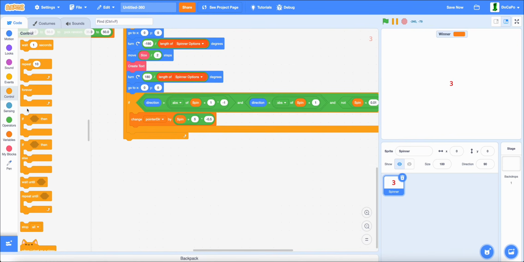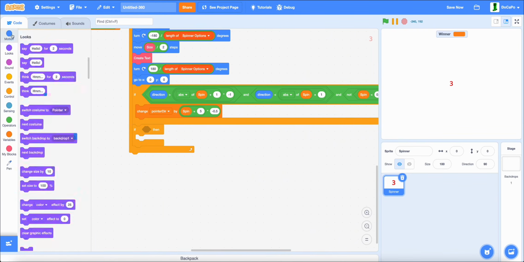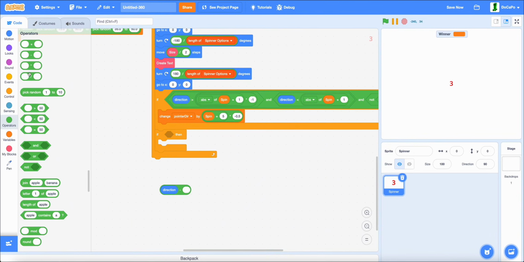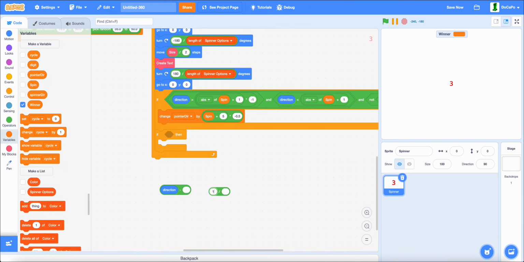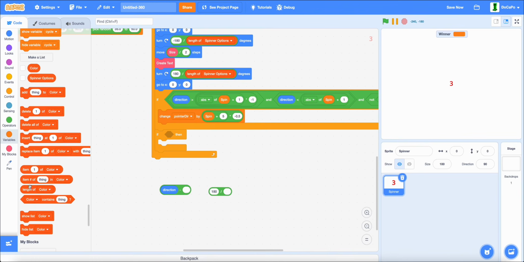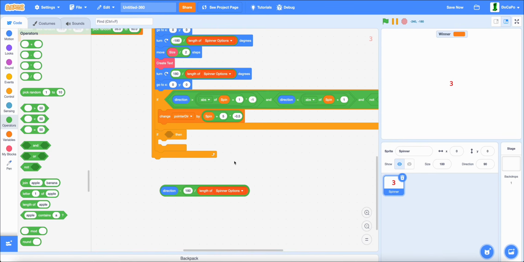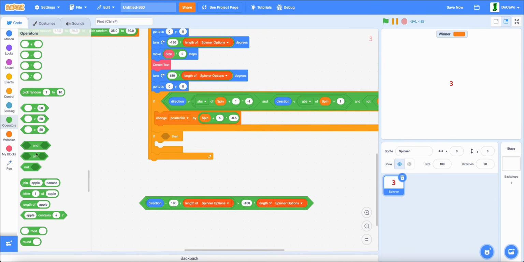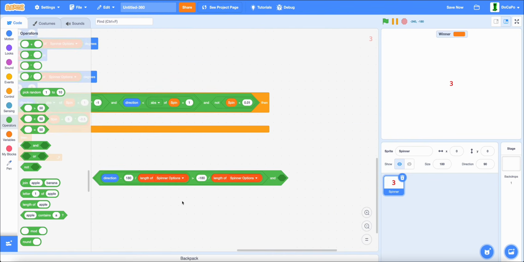And lastly, to determine the winner, if, and then direction subtracted by another, subtracted by 180 divided by length of spinner options, and if this is greater than -180 divided by length of spinner options, and then and with this